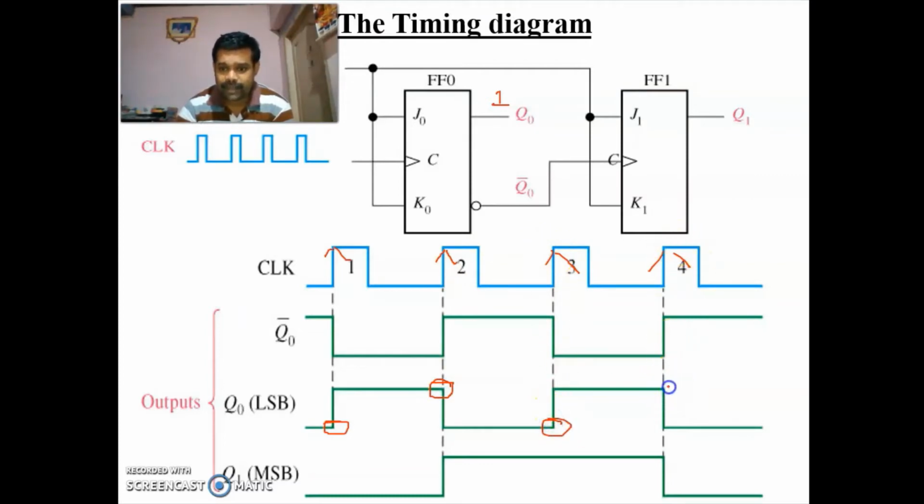Fourth positive edge, its value is 1. So the second flip-flop will conduct only when you are having Q0 equal to 1. These are the values for Q0 equal to 1. Initially we have taken it as 0. So in the first clock pulse positive edge its value is 0, so it is not conducting. Then it is coming to the second positive edge, its value is 1, so it is conducting. Similarly, the third positive edge, its value is 0, so it is not